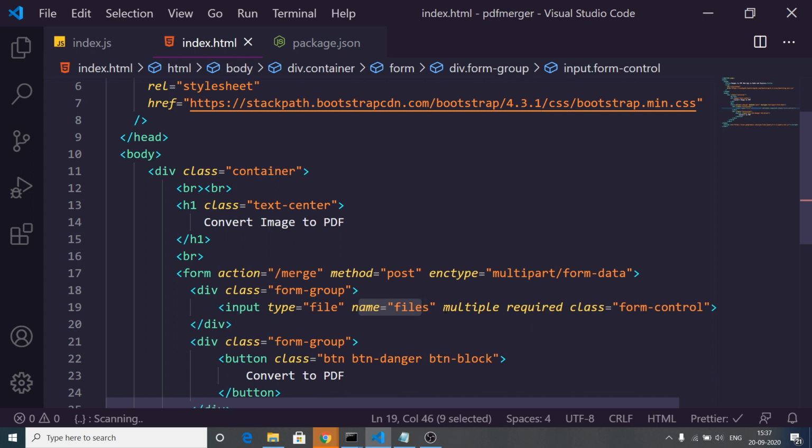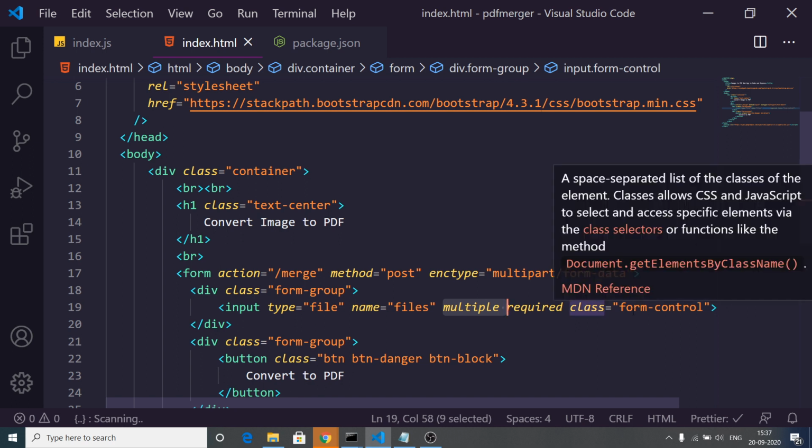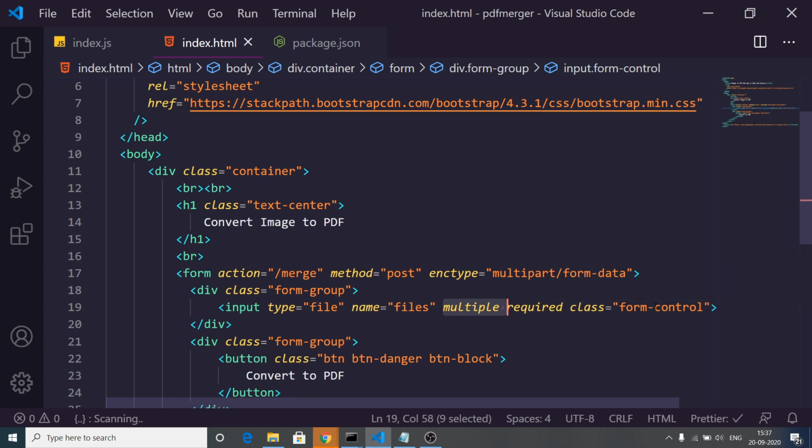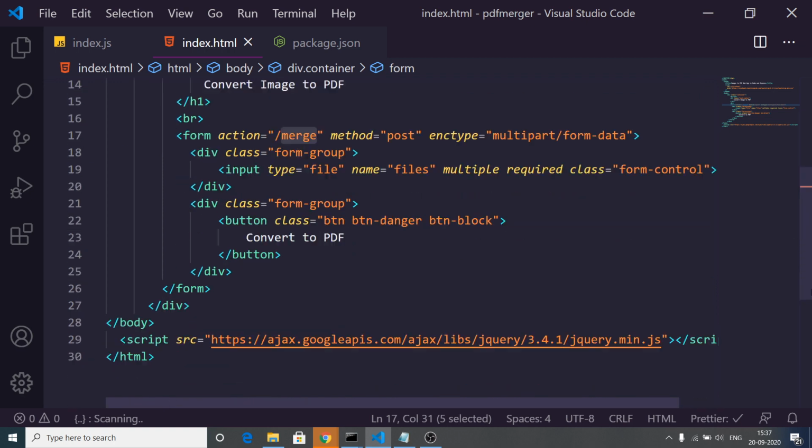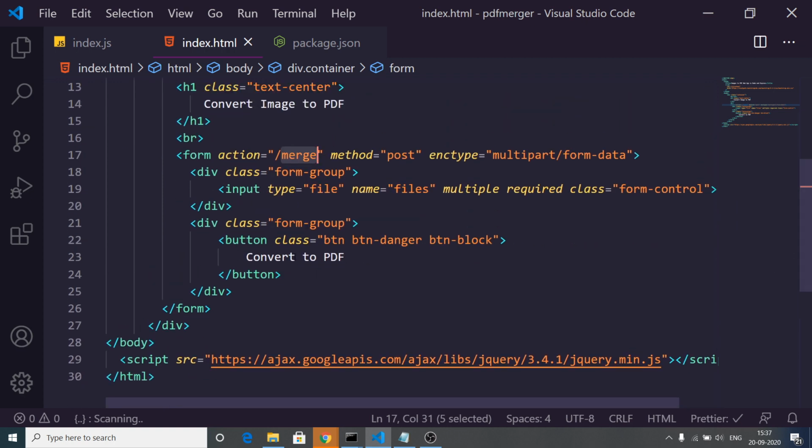You can also provide multiple files, so this is a multiple attribute. It is required for validation, and these are just Bootstrap classes: form-control and form-group. This will go to this action, which will be slash merge, and it will be a post request, and encoding type will be multipart slash form-data, and there is a simple button, Convert to PDF.